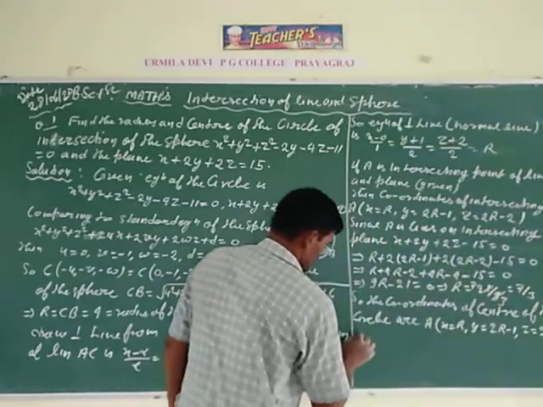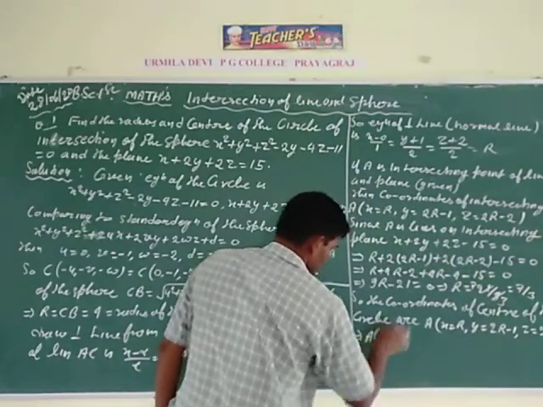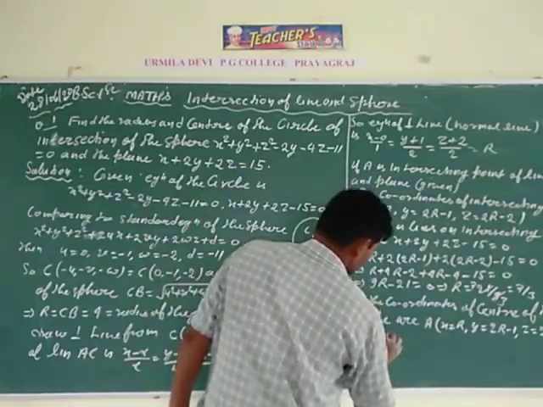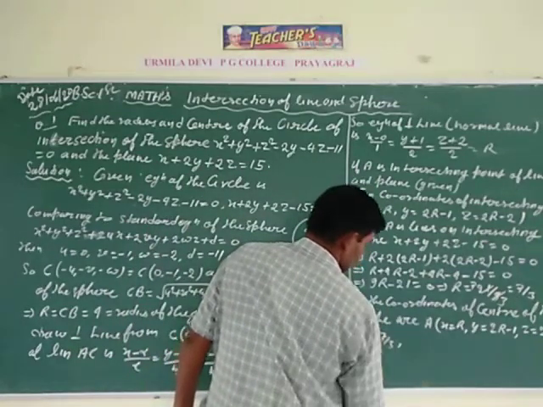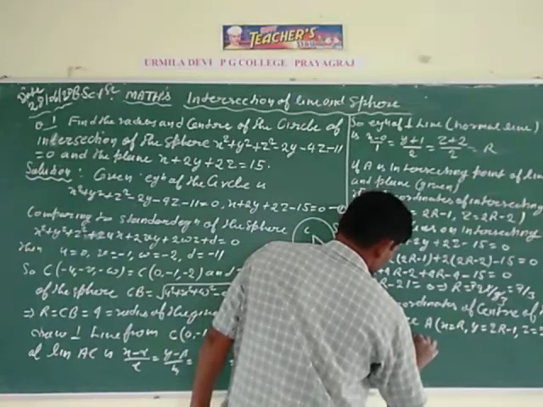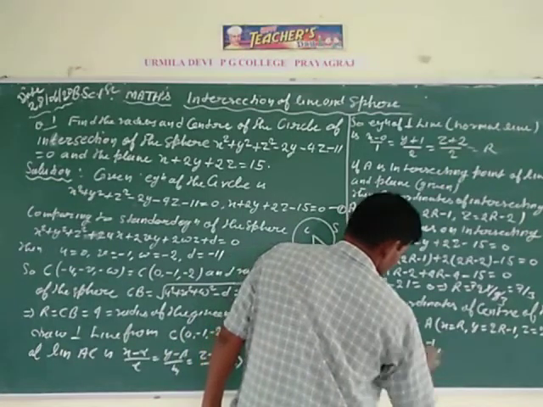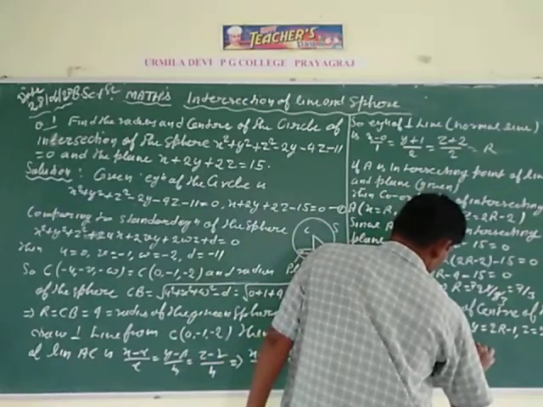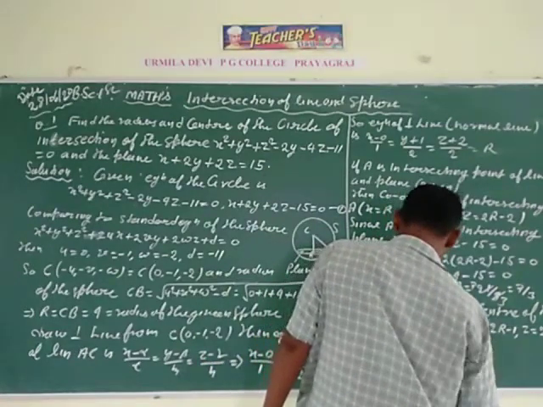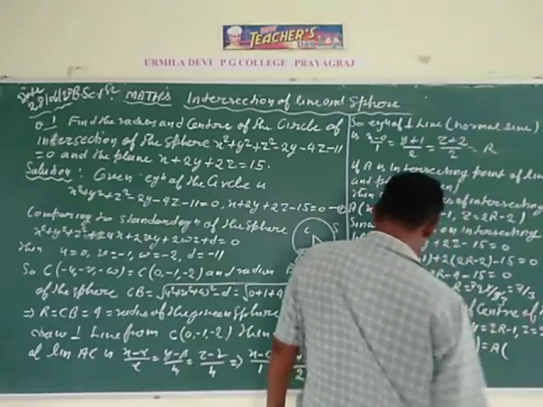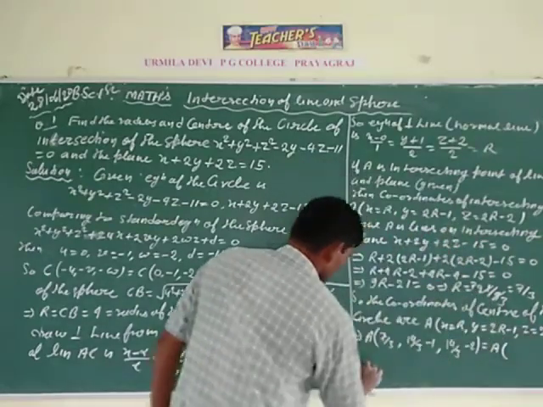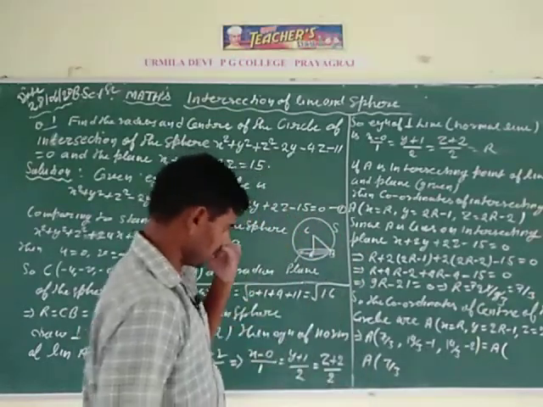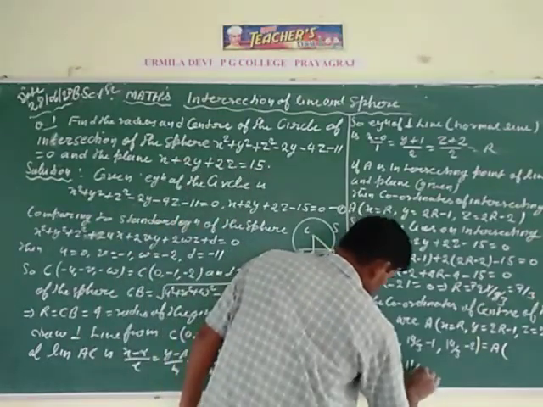After putting the values of r, we get the coordinates of capital A as 7 by 3, 14 by 3 minus 1, and 14 by 3 minus 2, so the coordinates of capital A are 7 by 3, 11 by 3,